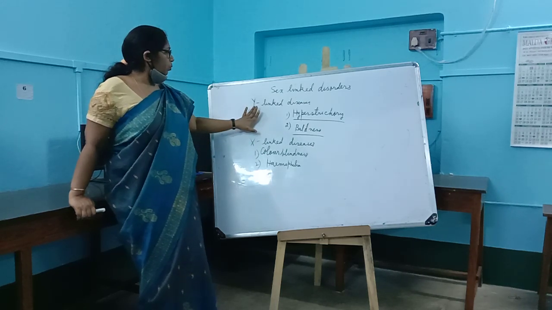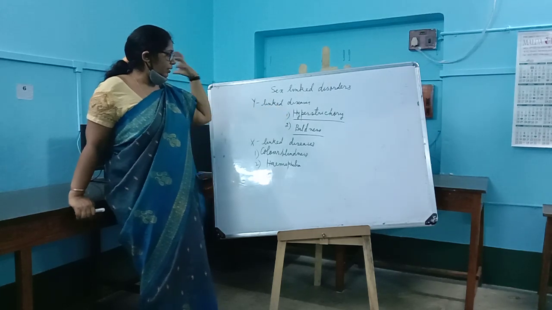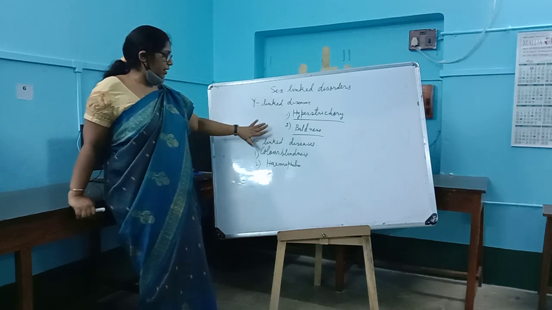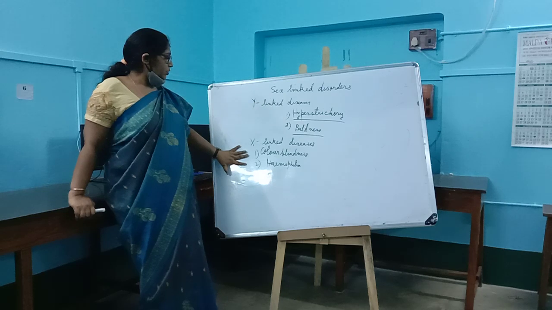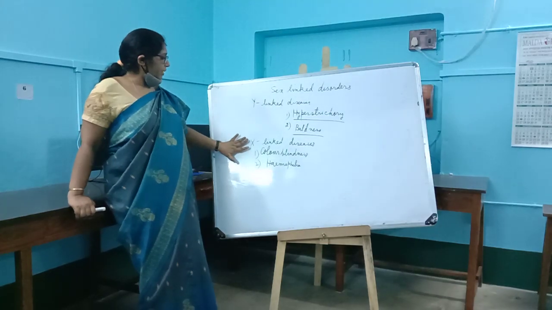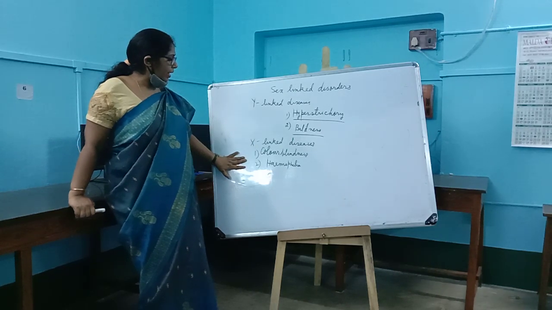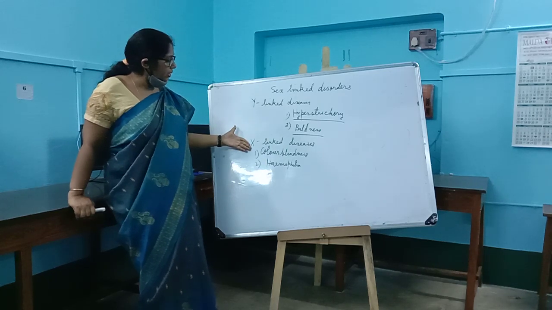And in the case of the Y-linked diseases, you have two examples. One is hypertrichosis, where a large number of hairs will come out from the earlobes, etc., and baldness, absence of hair, that you know very well. So these two are linked with the Y chromosome, and these two are linked with the X chromosome. Since these two are linked with the X chromosome, they can occur in the males as well as in the females. Now we have to do some cross on this color blindness, the same type of cross for hemophilia also, because they fall under the same category, but we can do